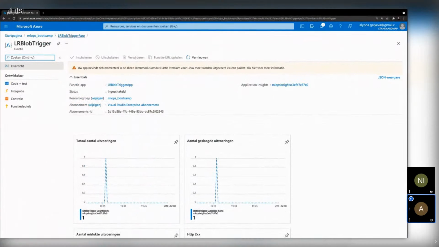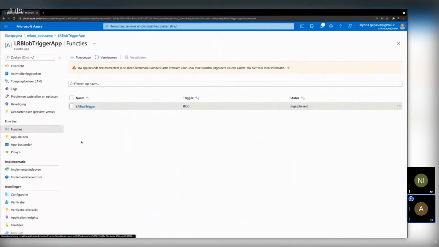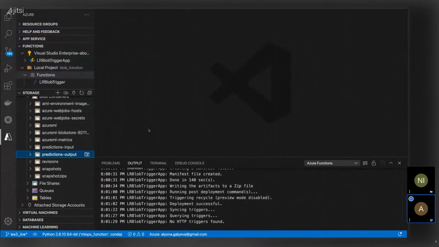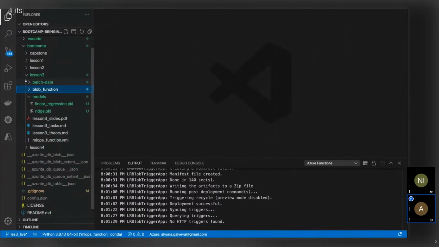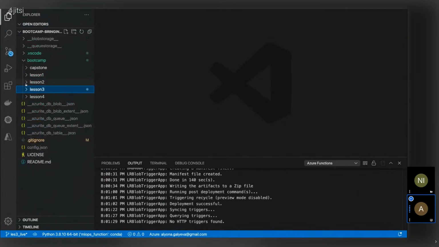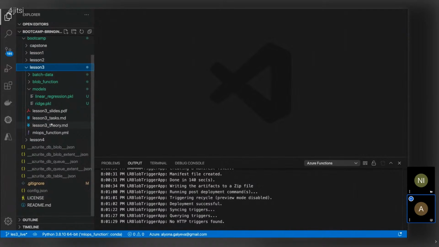It's running, it's working, and now we have a function that is actually listening to our blob storage. And as soon as something is dropped there, then you can deploy it. Awesome. Yeah, that's it. And by the way, regarding the home task, I mentioned the home assignments. This will almost conclude our session. The home assignment will be for you to